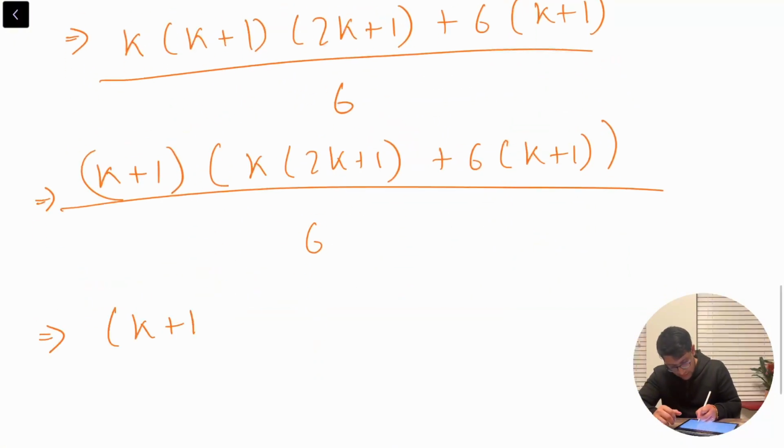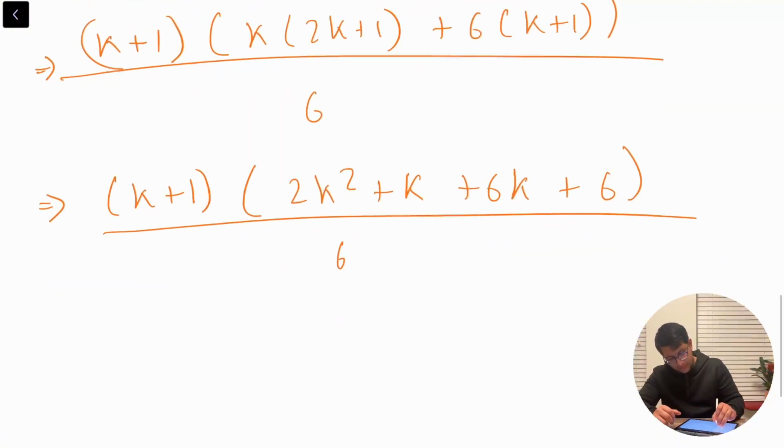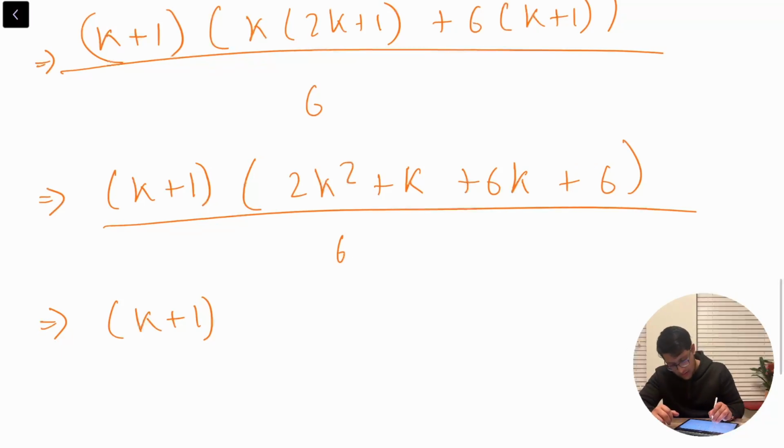So k plus 1, let me expand out the brackets. 2k squared plus k plus 6k plus 6, right? Over 6. Now factorizing, this is already looking really promising. The first time it's supposed to be k plus 1, right? So factorizing 2k squared plus 7k plus 6,